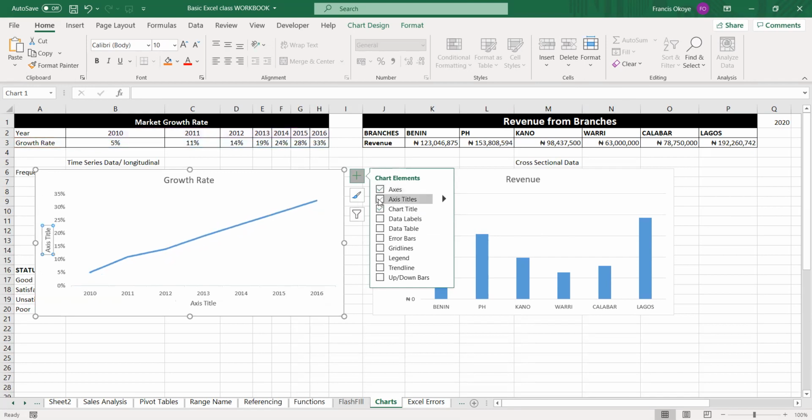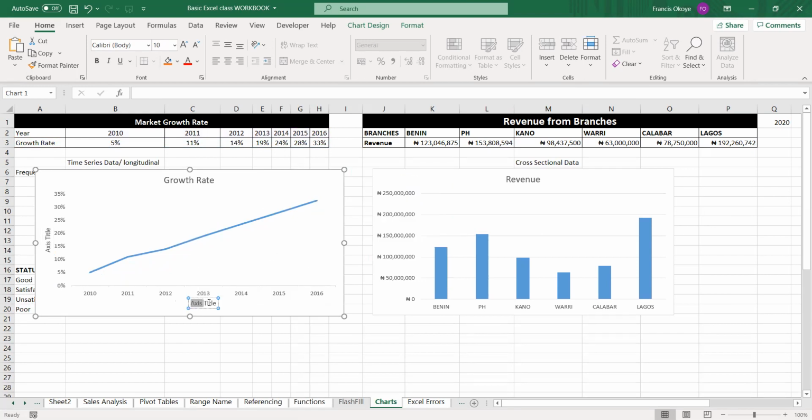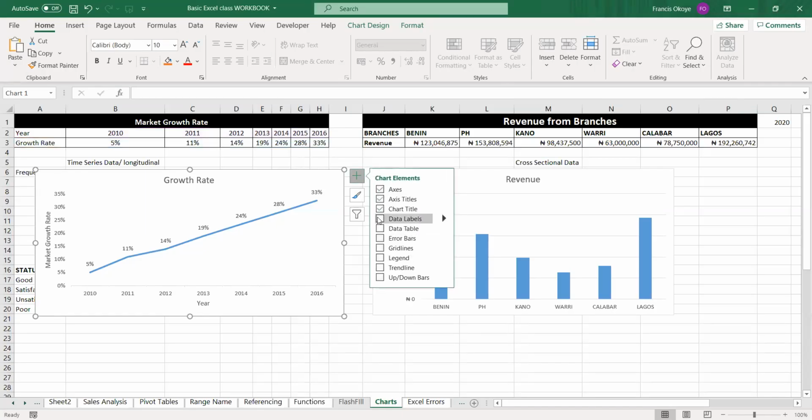If I want axis title, I can come here and say, what will I type here? What axis title will I type here? Growth rate, market. Have you seen that? If I come again to this plus,